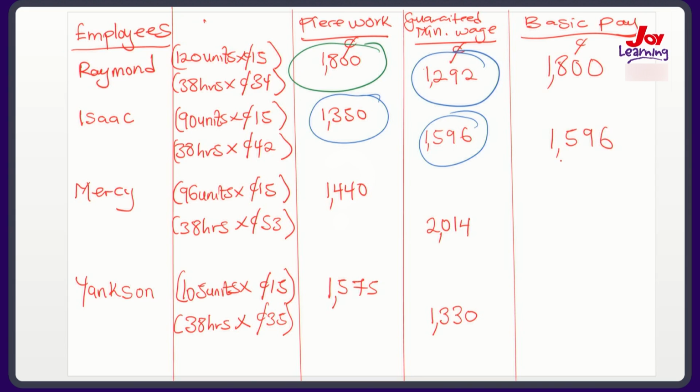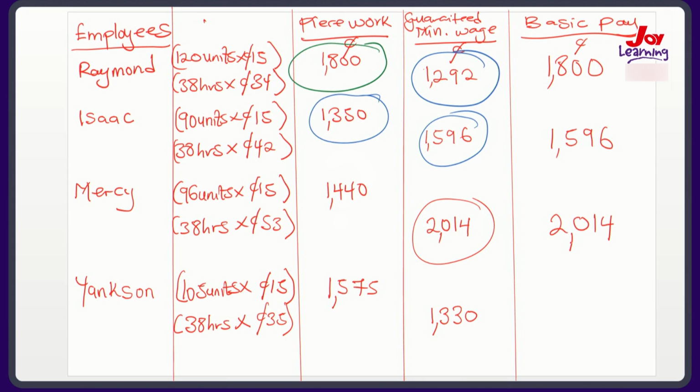Mercy produced 96, which earned her 1,440. But the guaranteed minimum wage yielded her 2,014, which is higher than the piecework. So we pay Mercy the guaranteed minimum wage of 2,014. Then Youngson also had 1,575 from the piecework, and then the guaranteed minimum wage set was 1,330, meaning his